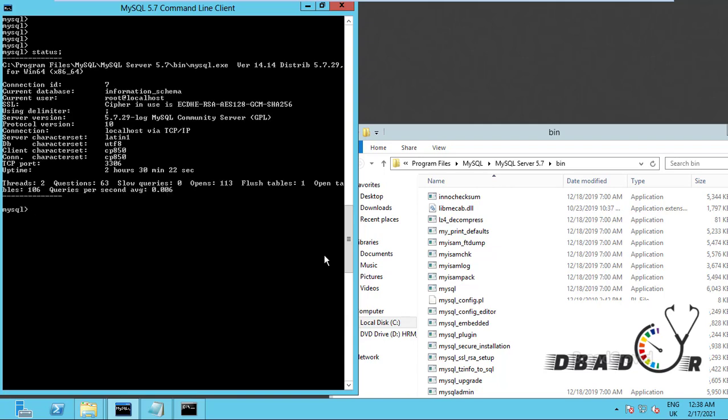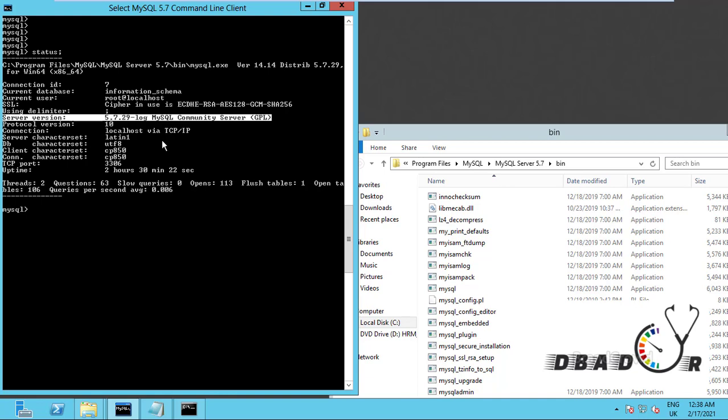So in this status, you can get to know the connection ID for the present session is 7. The current database is information schema, which I just connected, and the current user is root user, you can see here. And the SSL which we have configured here, and the server version, that is very important for every server. You should know the MySQL server version from here itself. This is the MySQL server version. Okay, and the current protocol is 10.